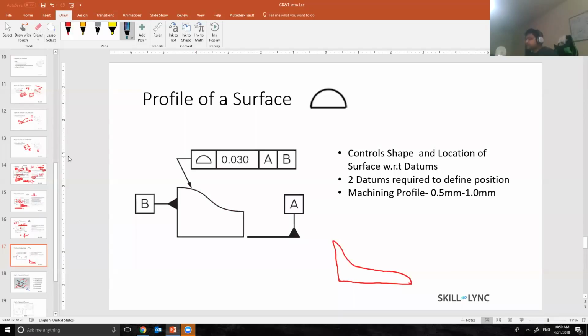Again, flatness is a local phenomena. It does not control the location of the surface. So let's assume I do not have a profile over here. Oops, let me change the color. Let's say I only have a flatness over here of 0.03 millimeter. So what it would do is that the supplier does not get any idea of the location of this surface. On a very bad day, what he would do is,